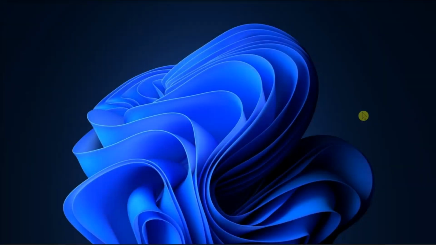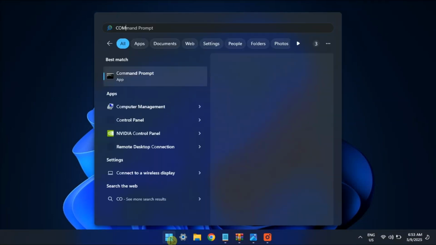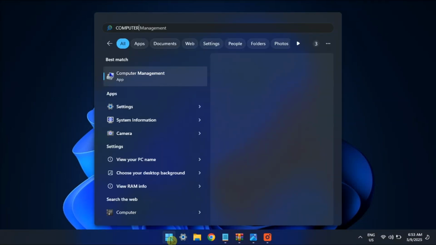Fortunately, your Windows PC comes with a free tool called Disk Management that makes it simple to reallocate unused disk space to a drive that can use some extra room. Now, if you want to move disk space and learn more about the process, you have to keep watching this video. Now, to do it, simply open the Start menu, type in Computer Management, and open it by running